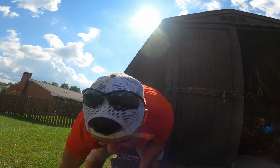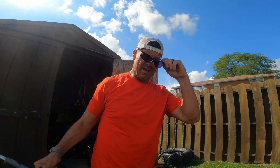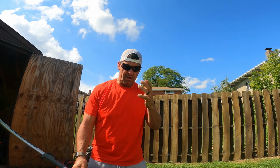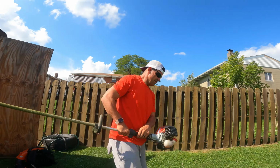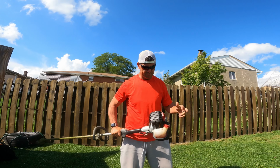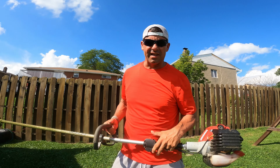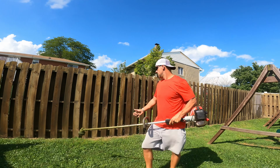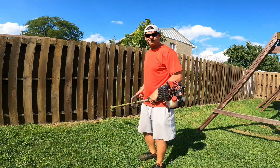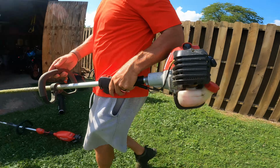Another thing that people do, and I'm going to show you right here in this next clip, and this is a bad habit that people do, put my safety glasses back on, with gas trimmers, and it's just normal. They actually think this is like a dirt bike. So for example, when I go from here to over there, a lot of times